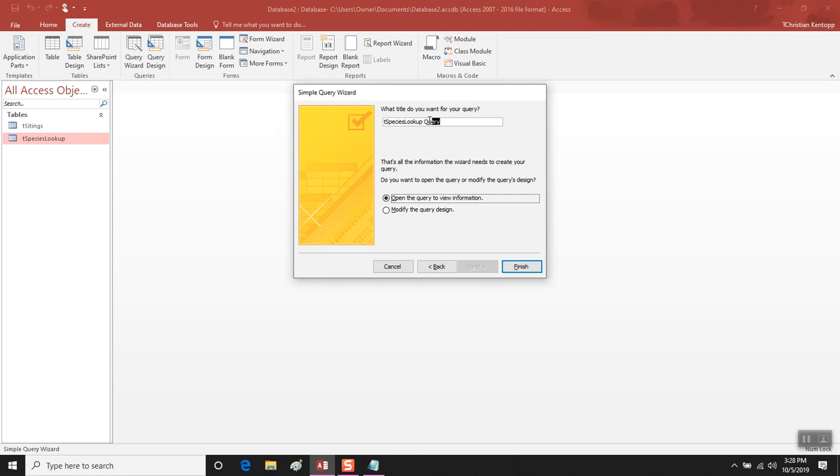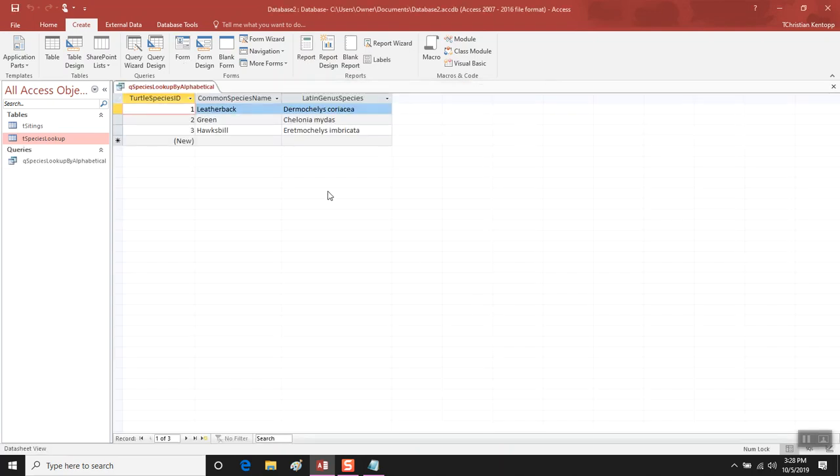I'm going to change the name of this, just to abide by my own convention, I'm going to change the T in the front to a Q because it's a query, and because that query is pulling from a specialized lookup, I'm going to say species lookup by alphabetical. So I'm going to add the word by alphabetical. I'll click finish, and